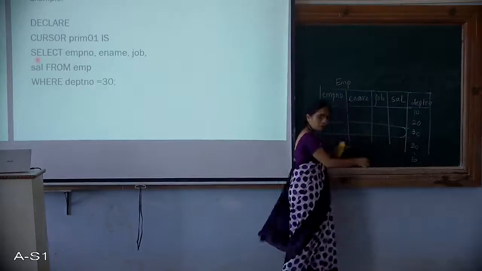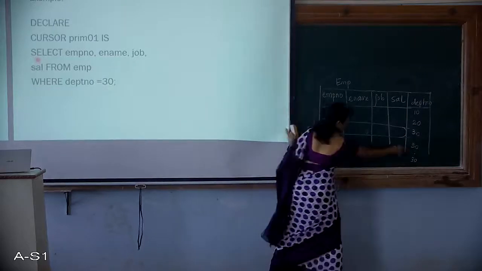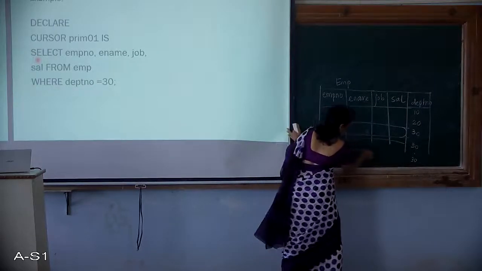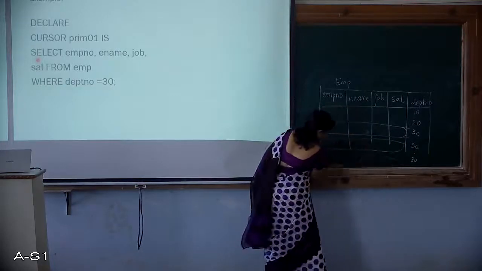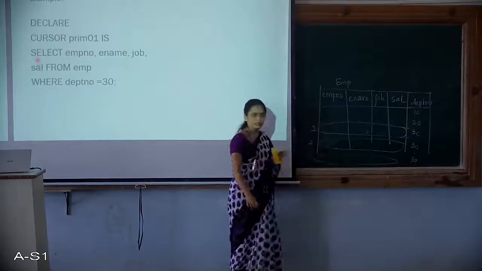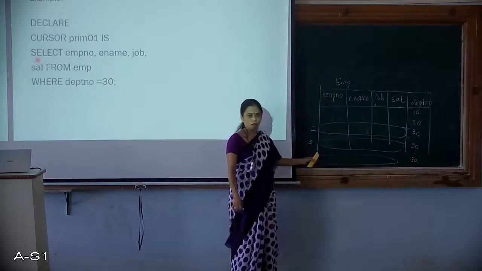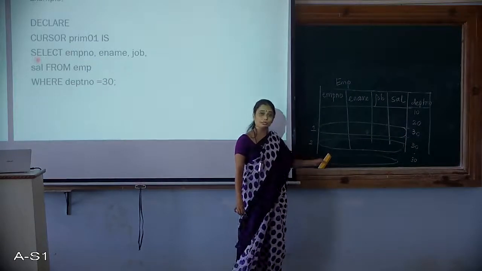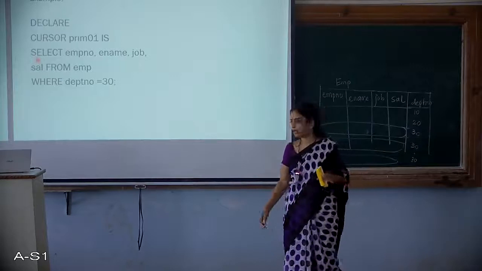Okay, so for all those employees, this is the first employee. There is another employee here, his data. There is another third employee, his data. Okay, I am talking about only a small database wherein I presume that there are only 3, because I could draw only so much of a table, but assume that in real time it is not such a small table, there is usually a huge amount of data.